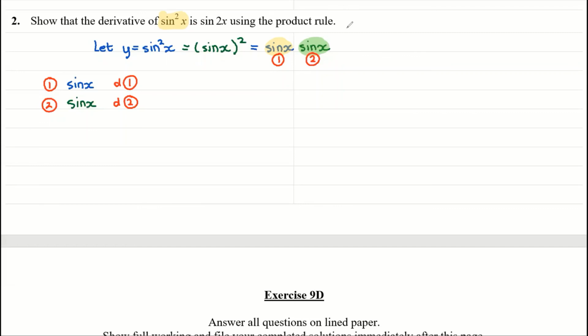This is going to be cosine of x, as is this one. Right, we can now use the product rule. So once again, just to remind you, we'll start with function 2, and then go diagonally. Don't go across, go diagonally. So using the product rule,